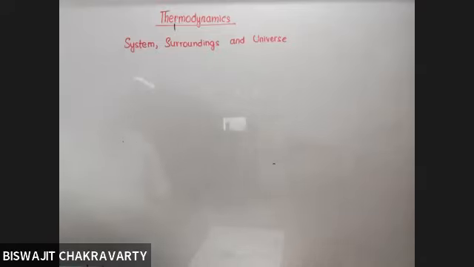So system and surroundings together make the universe, and there is an imaginary or physical boundary that separates the system from the surroundings. Now suppose you are carrying out an experimentation in a test tube; the boundary will be the walls of the test tube. Suppose I am staying at home, so the home will be the system for me, because whatever I am carrying out, I will be carrying out within my home, and the walls of my home will be the boundary, and the rest of everything in this universe will be called the surroundings.